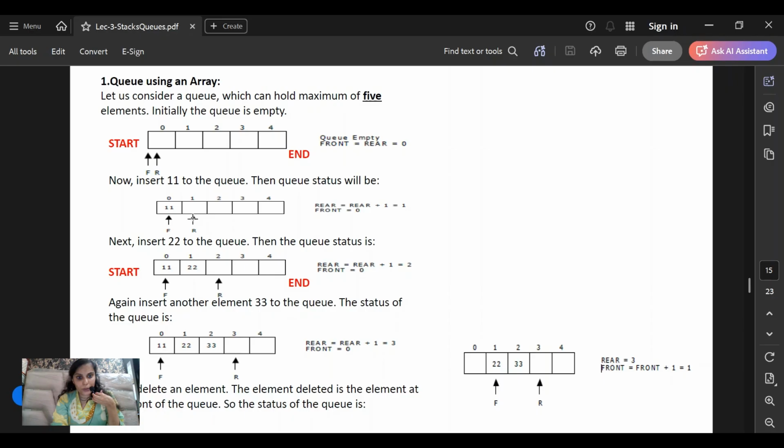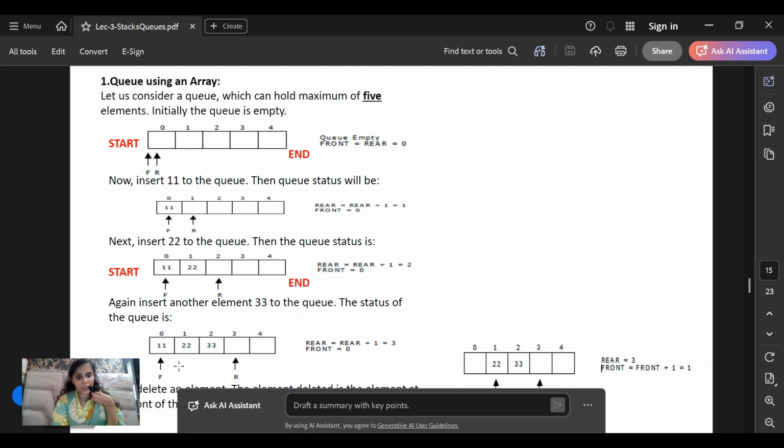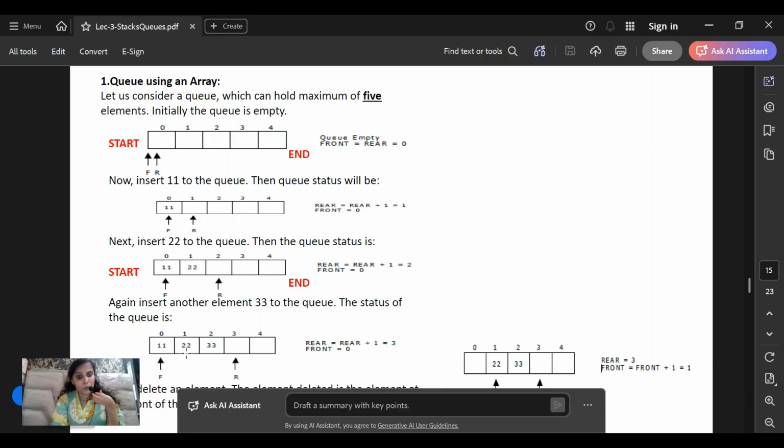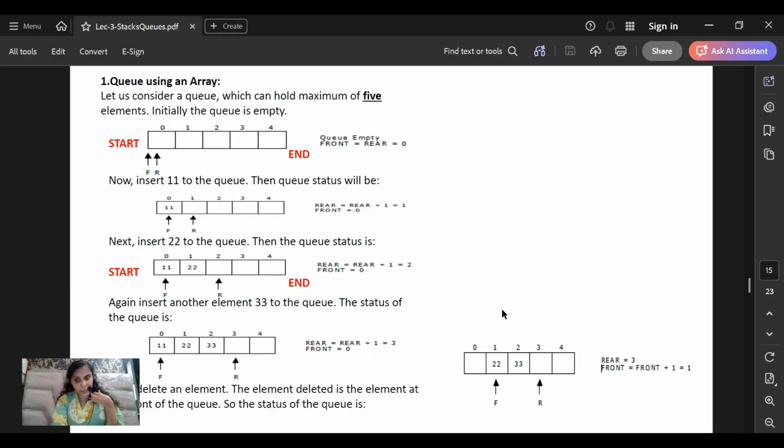Now I'm adding 22, rear will move to the next index position. 22 is added. Now I'm adding 33, rear goes to the next index position, 33 is added. Now let's say I want to remove 11. When I remove 11, my f will move forward. My f has gone to index position 1. NQ and DQ: NQ to add an element in a queue and DQ to remove an element from the